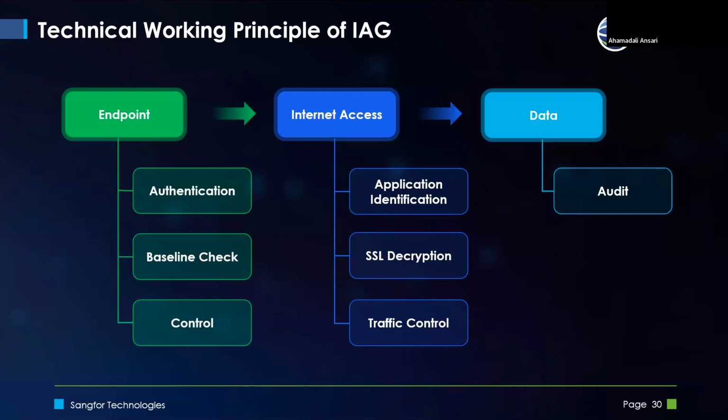Now it becomes very important to do a baseline check in terms of authentication, in terms of control, at the endpoint perspective. When it comes to internet access, SSL decryption is something I can say mostly 80-90% of schools are not doing. They are not able to achieve it from the firewall perspective. And that's where the IAG comes into the picture. IAG has become very important for all the schools and universities. And one of the reasons is the SSL decryption.